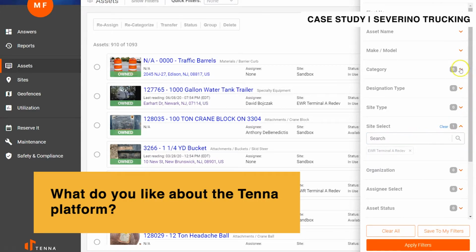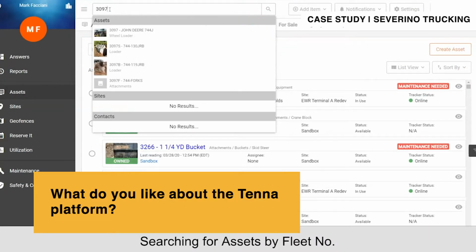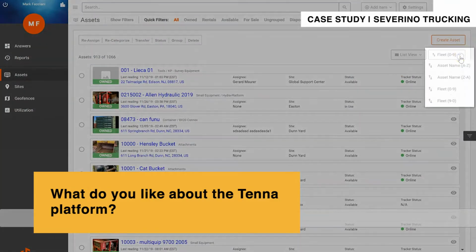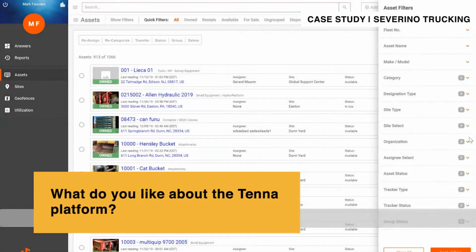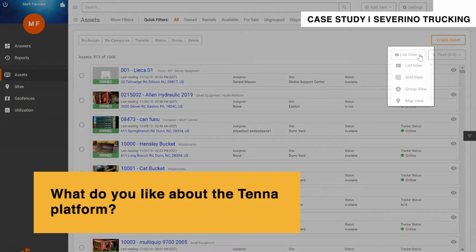And then they also have a very robust search bar that is continuously getting better, where it's like Google. You can type in something and it's going to filter out that information for you to help you find exactly what you're looking for if you don't know what it is right away. And then also just everything getting easier, the ability to customize different views for different users, being able to filter out unnecessary assets. So if I'm a mechanic that works on heavy equipment, I only see the heavy equipment. That's great. I don't need to see all of our compactors or all of our chainsaws,